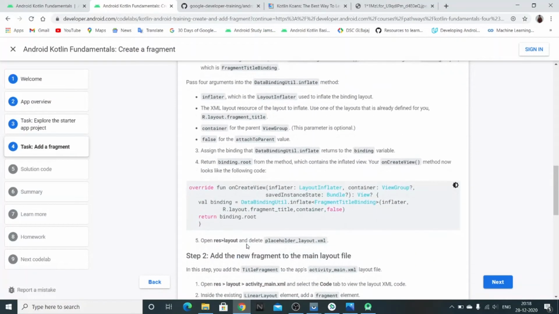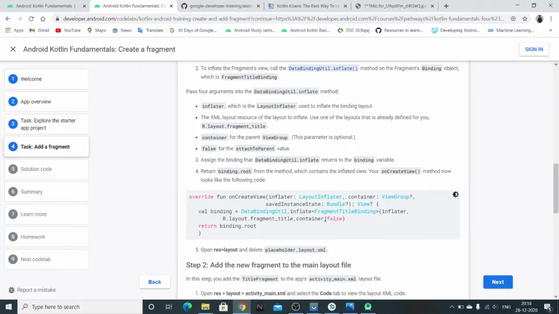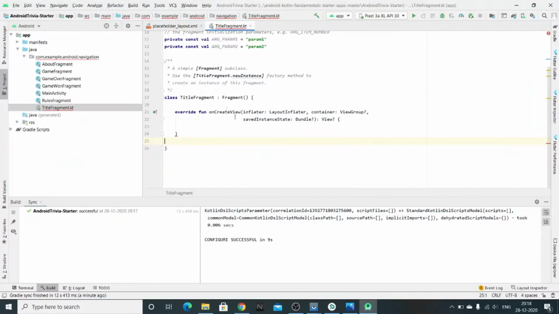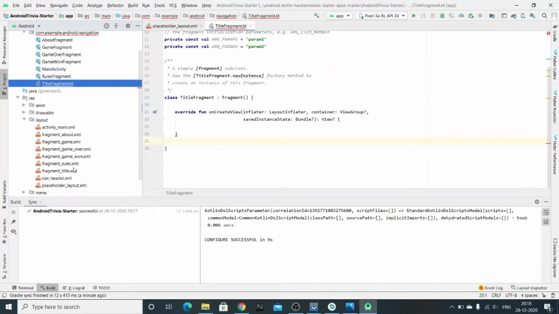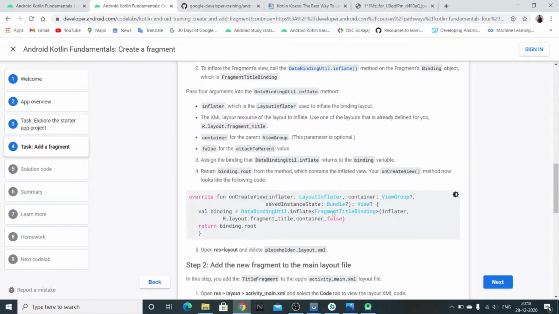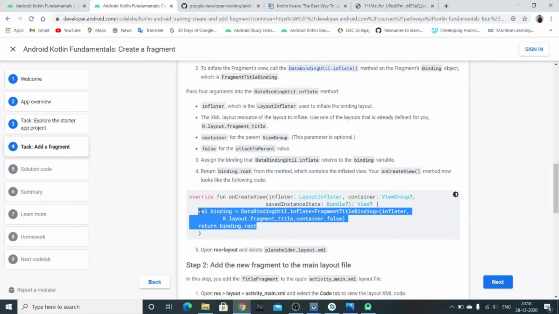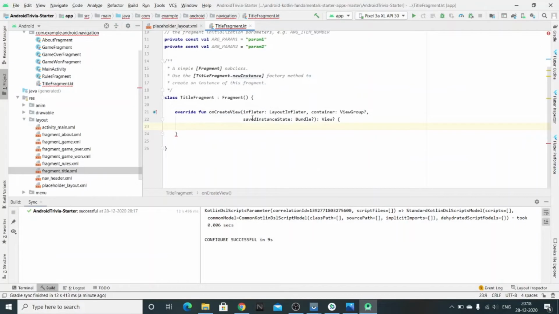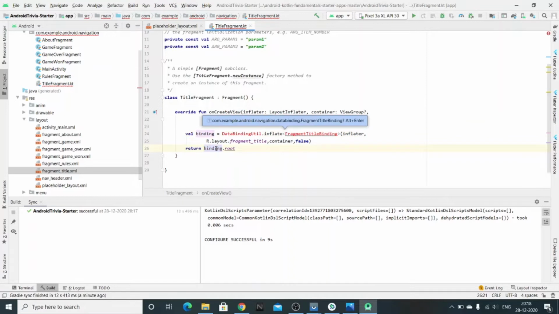Now we have to inflate the layout that we'll be using. We'll be using this fragment title layout, which is already over here. So let's inflate this layout into this fragment. Just copy this code and paste it here in onCreateView. Let's import these classes.